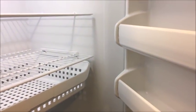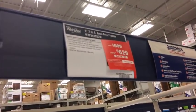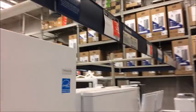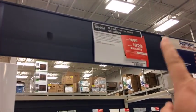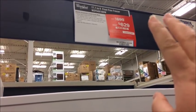I don't know. This is 20 cubic feet. And this one is 17, and it's just 2 cubic feet more than this Whirlpool. With this Whirlpool, the 17 is 3 cubic feet less than this one, but it's $30 more. This one's more expensive, even though it has less cubic feet, because I can tell this one, even the handle is a little shaky. I really wanted a 20 cubic foot, but I don't know if this one might not be a better deal,